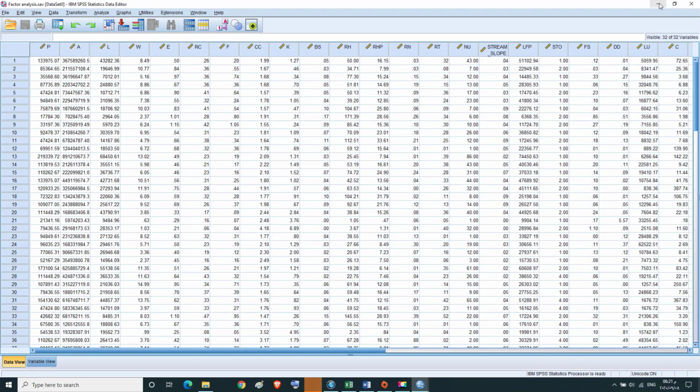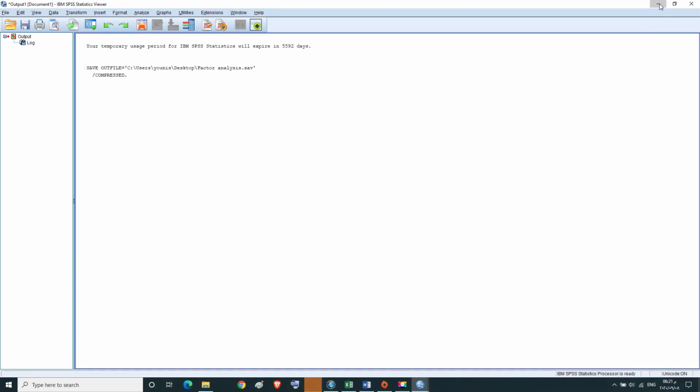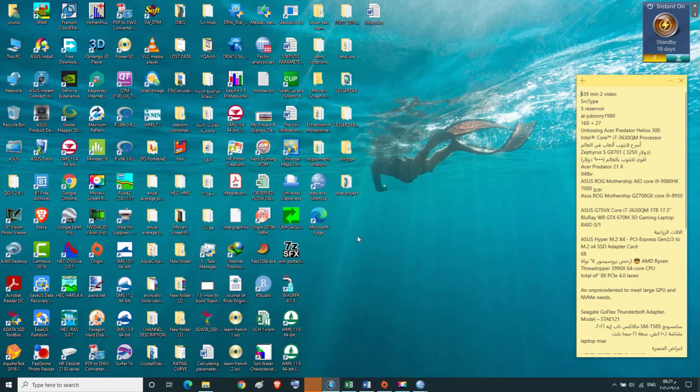The SPSS file is saved on the desktop with the title Factor Analysis.